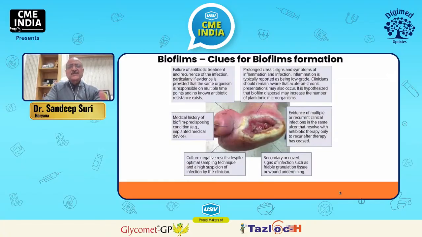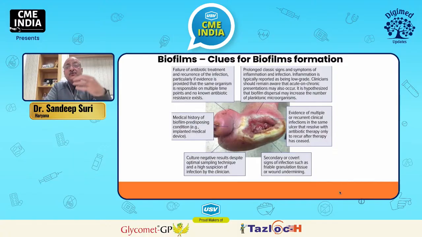Then there are various questions regarding biofilms. I told you initially it's planktonic bacteria which are freely mobile, which are excessively dividing also, and then colony formation happens, and there is an increased amount of extracellular polymeric matrix formation, and that makes a sheath which is nutrient laden, and that avoids the penetration of antibiotics, and bacteria keep on growing under that sheath, and that is known as biofilm. Most of us think that a slimy layer on the ulcer is a biofilm. Friends, it may or may not be, because biofilms are microscopic things. They may be deeper inside.